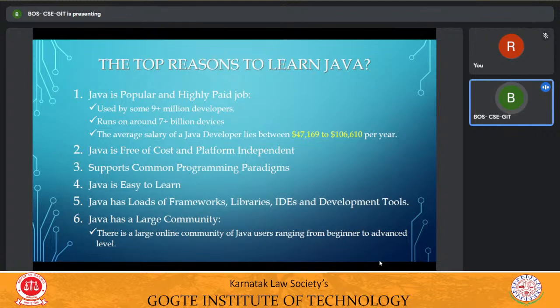Now, what do we mean by free of cost? As you are all aware, software is of two types. One is open source. When I say open source, it is free of cost, and when I say leased or licensed, it is paid. Java is open source. You can download it anywhere, anytime, and start working on it. And when I say platform independent,